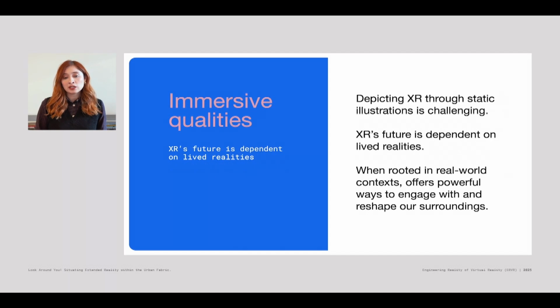It also demonstrated that XR's immersive qualities are difficult to capture in static formats. And in the future, we would like to explore more dynamic prototyping and broader urban scale interactions. And it finally showed that XR, when it's rooted in real world context, offers a powerful way to engage with